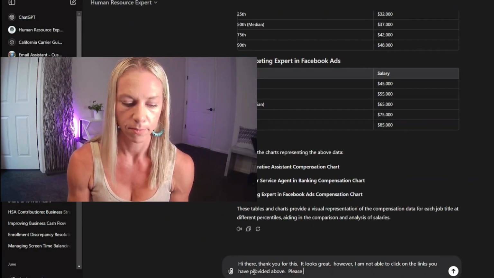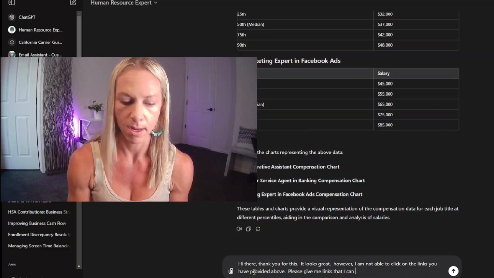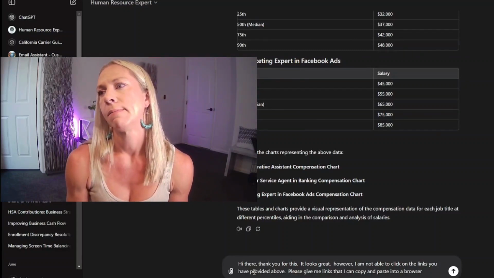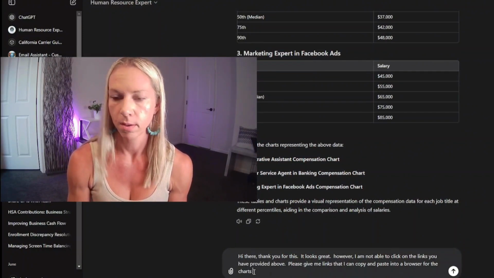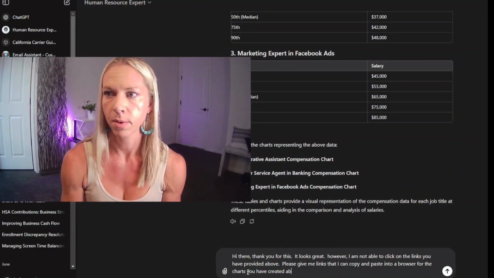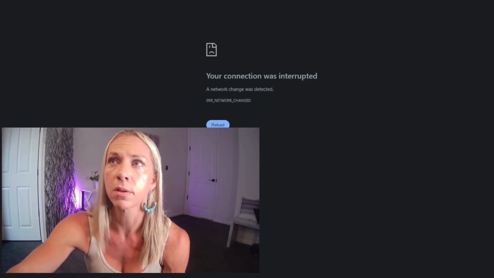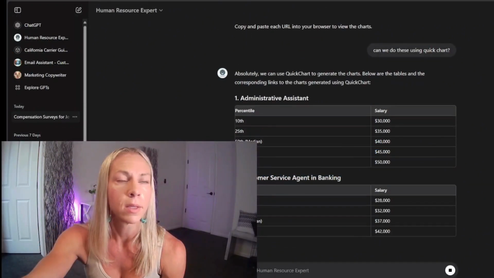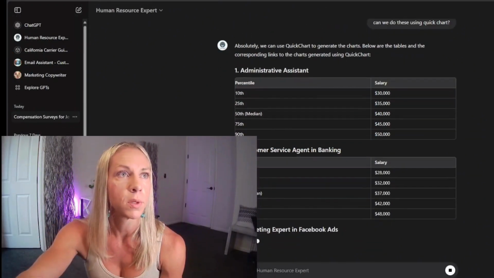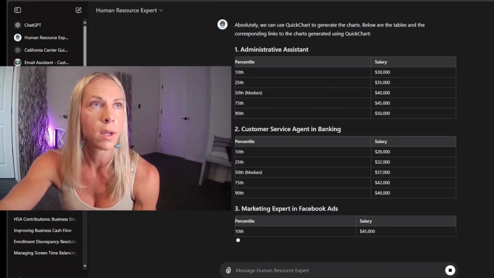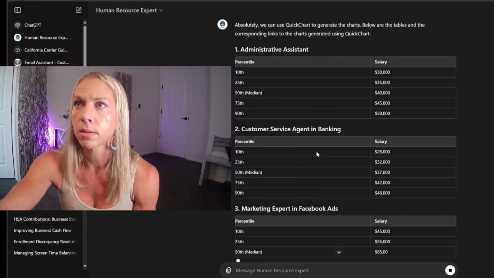Please give me links that I can copy and paste into a browser for the charts you have created above. For whatever reason, my computer is not wanting to open the links, as I probably have some blockers on here.